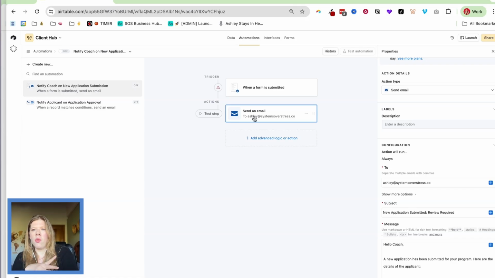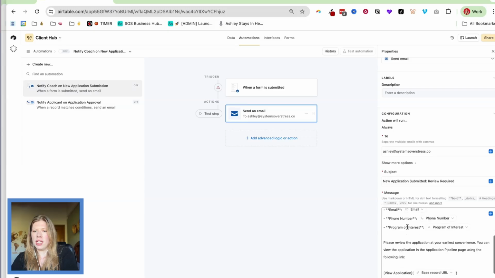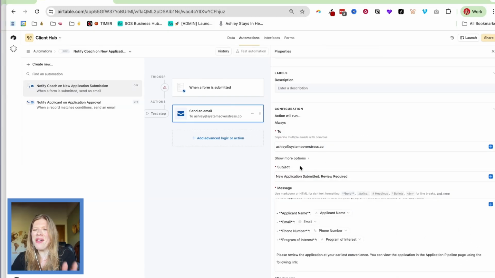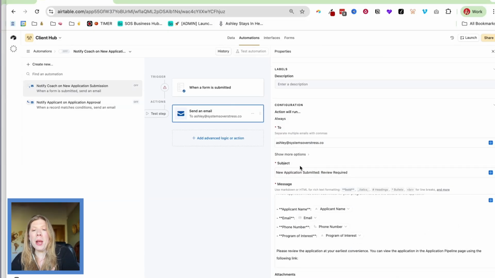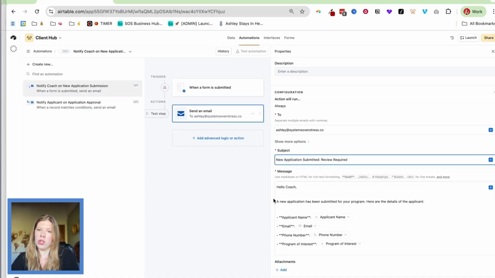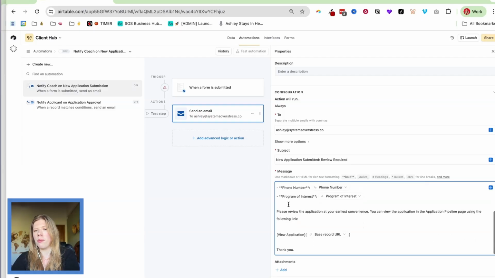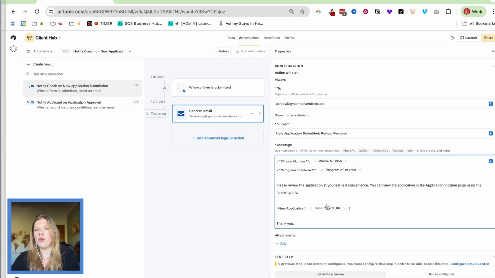Personally, this is a side note, we don't use this action type. We always use the Gmail option instead. It just has more flexibility. But you can even see here, the Airtable Omni, the AI, built us an email that says new application submitted, review required. Hello, coach. A new application has been submitted for your program. Application name, email, program of interest, phone number. View the application here. So it's way smarter when it comes to building things and adjusting things than the Notion